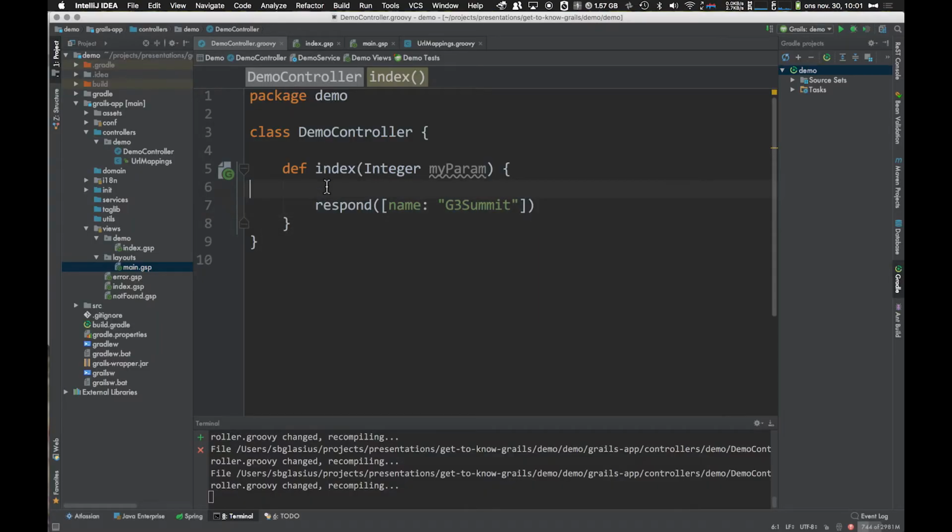So when we return a map, this is a Groovy map. When we return a map, that gets turned into the model for the view. So everything that we put in the model will be accessible in our view. So in the view, we can go in and say hello, and then instead of world, we can access whatever's in the model, and we'll do that by Groovy's